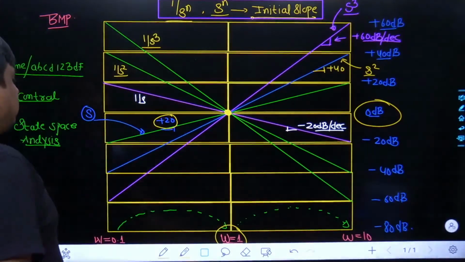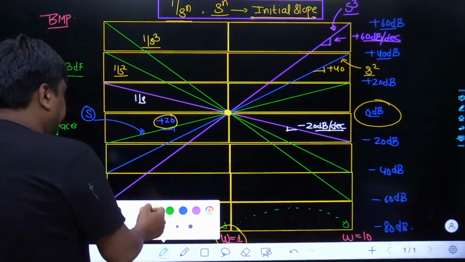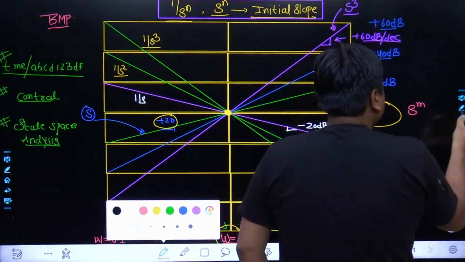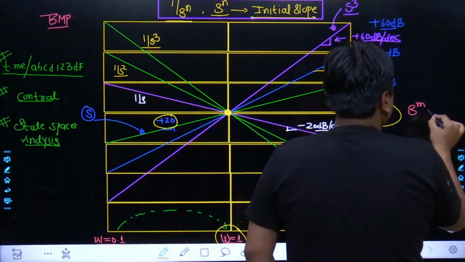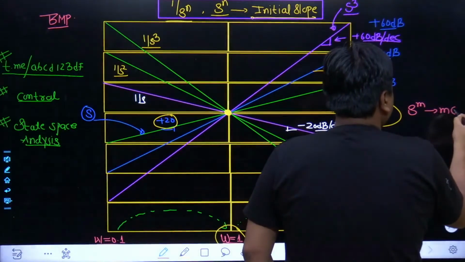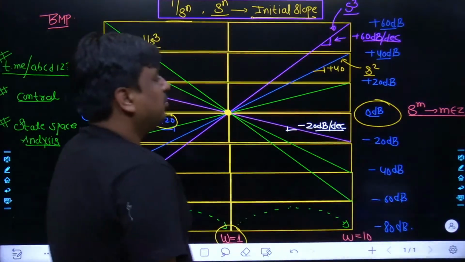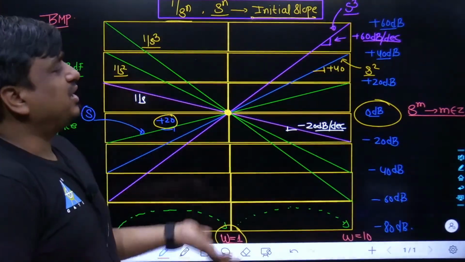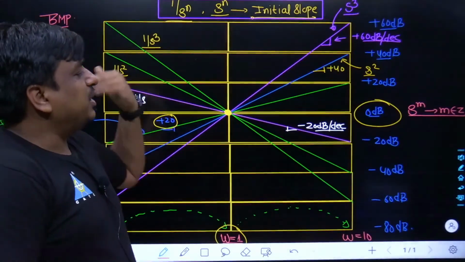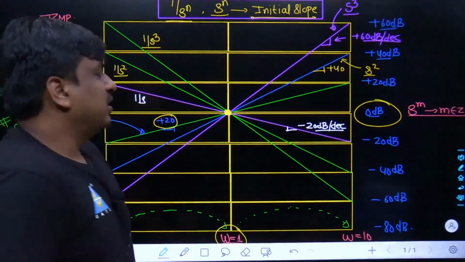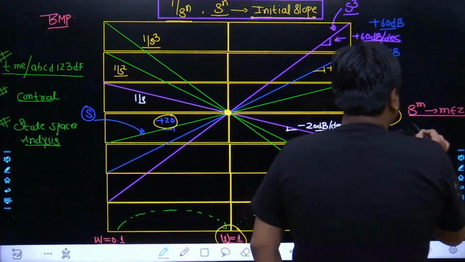That's the first thing. And now in general I can say s to the power of m, where the m could be a positive as well as negative real quantity, or I may say m is a type of integer. Why have I taken m over here? Because it may be s to the power of plus 1 as well as s to the power of minus 1. It may also address the case of differentiation as well as integration. So s to the power of m indicates